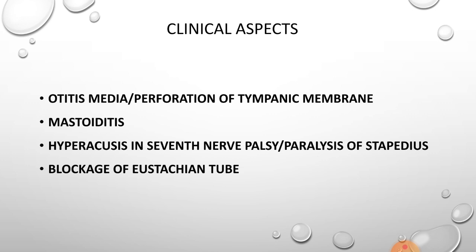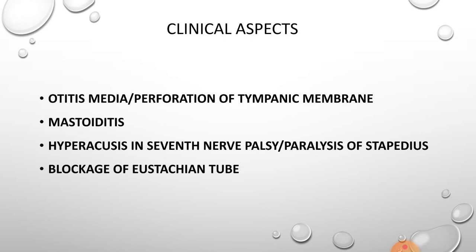Okay, and then the next condition is hyperacusis. Hyperacusis is the increased sensitivity to sound waves. When there is decreased tolerance to sound waves, we call this hyperacusis. And as we know, the muscles that are present in the middle ear cavity dampen down the sound waves. When there is paralysis of these muscles, if the nerve supply is cut, then because of the excessive vibrations of these ossicles, there can be hyperacusis.